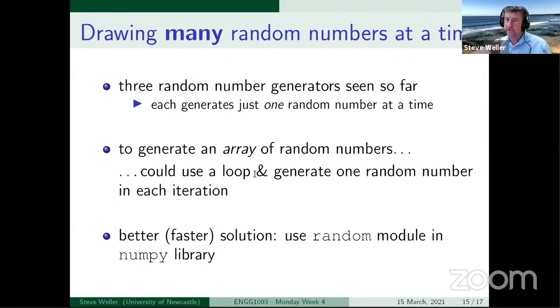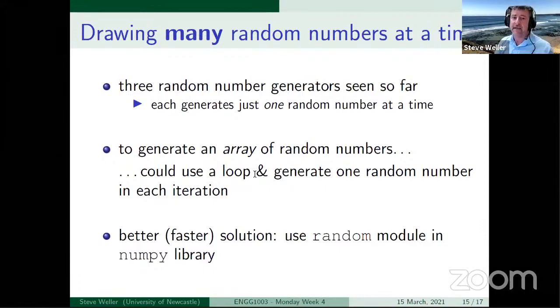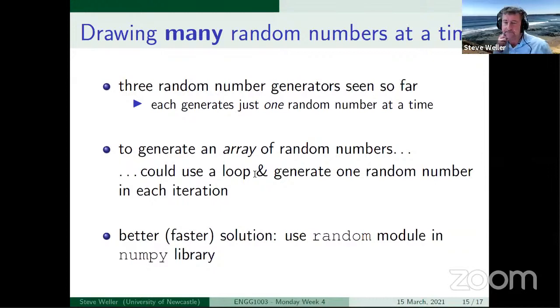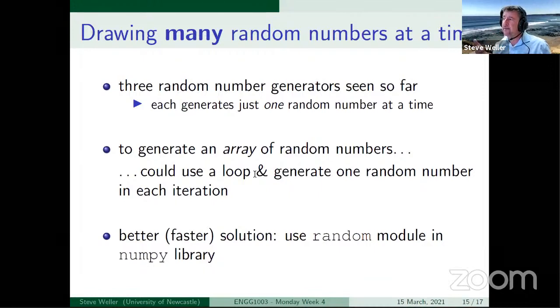So far, we've used the three functions, randint, random, and uniform, to generate one random number at a time. Randint generates an integer; uniform and random generate random real numbers, floating point numbers, in a range. But they only generate one at a time. And you saw me doing that by generating them at the console and then generating them with an up arrow just one at a time.